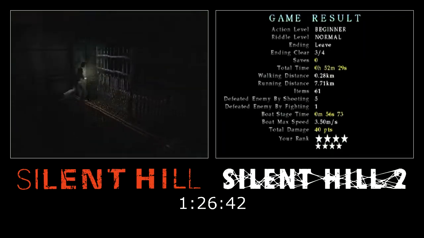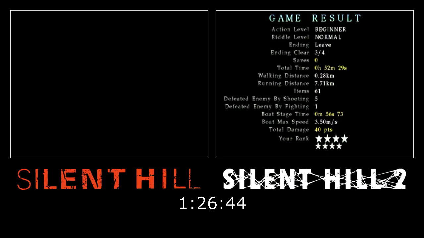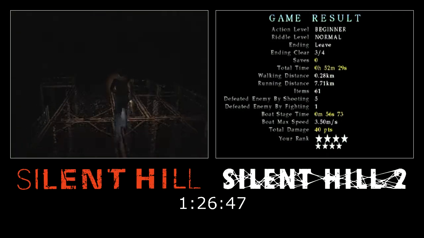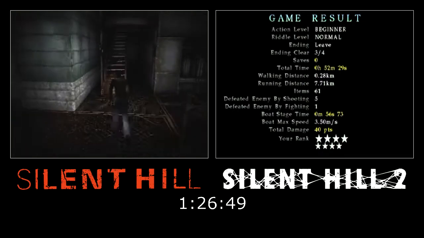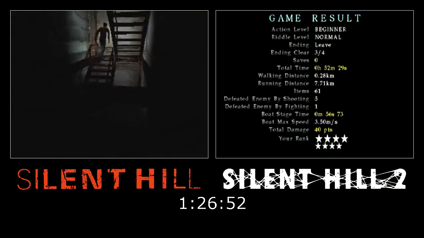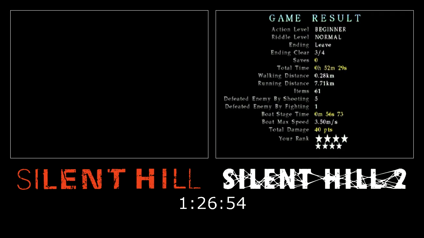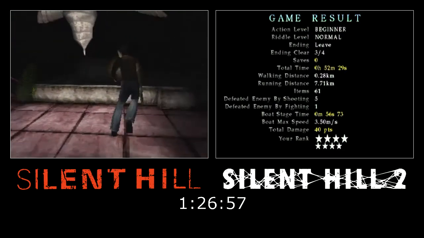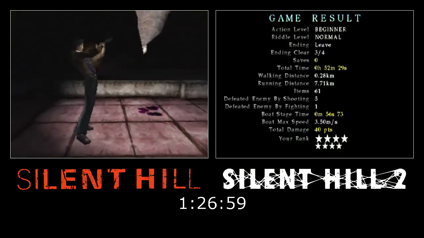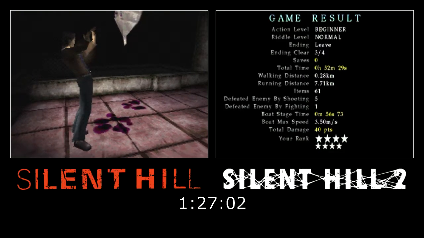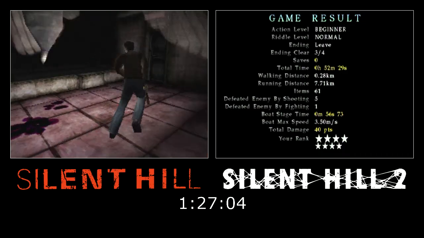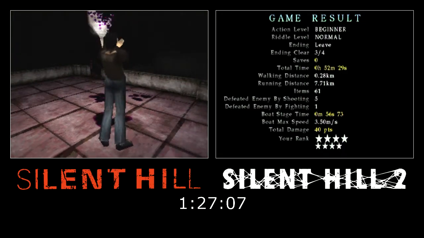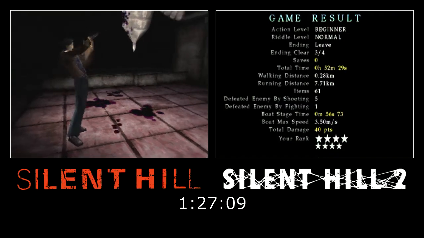Skip the cutscenes because it adds to the in-game timer. For anyone who doesn't know, the end cutscenes and the credits in Silent Hill 2 actually add to the in-game timer for whatever reason. So definitely skip them if you're running it. Except for the dog ending, that doesn't actually add to the in-game timer for some reason. Dog ending is special.